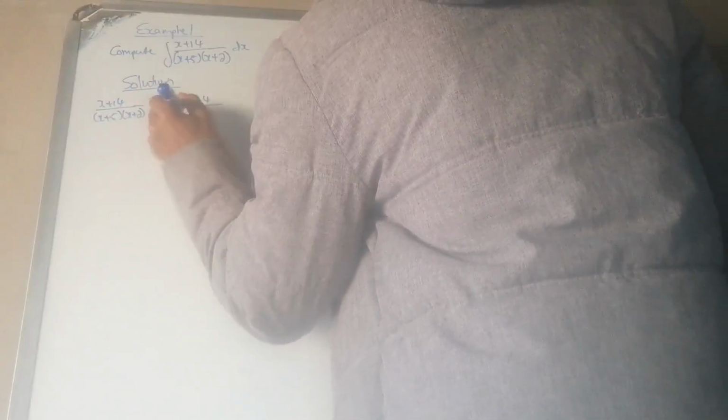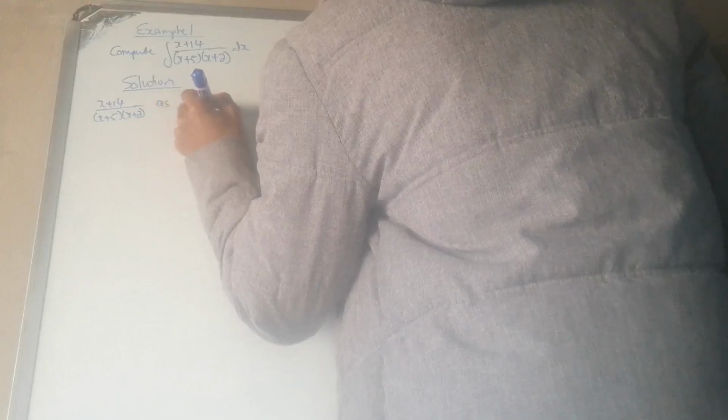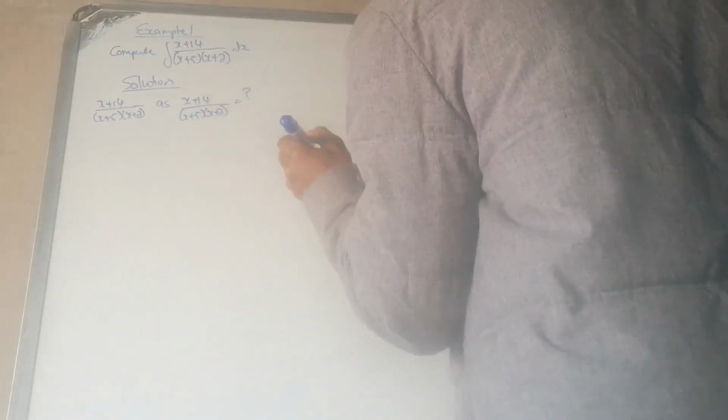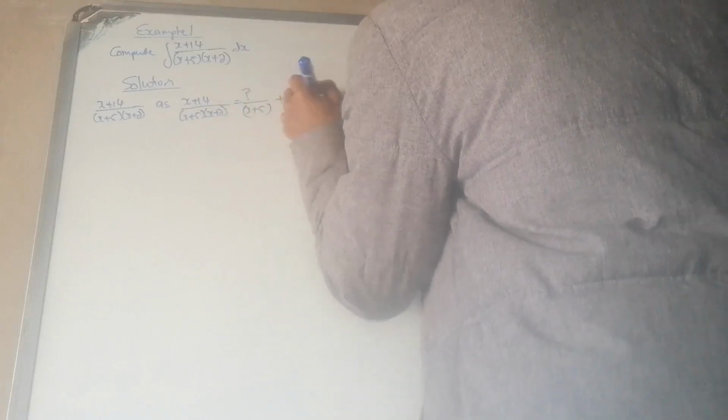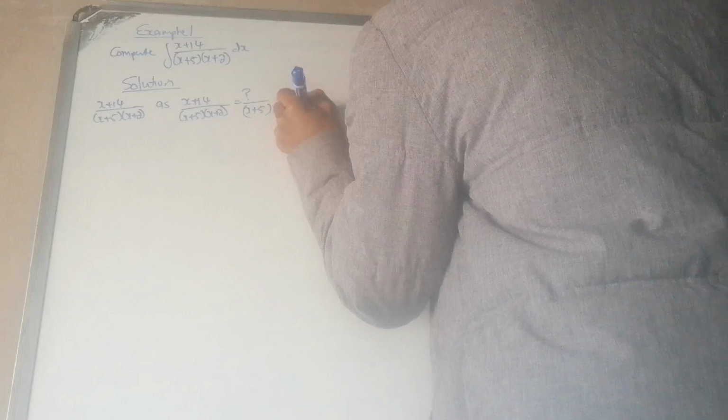We will say, okay, this (x plus 14) over (x plus 5)(x plus 2), we will say this is equal to whatever we have, something over x plus 5 plus something over x plus 2. Now remember, let me take you through the notes. Now remember what we said. We said that